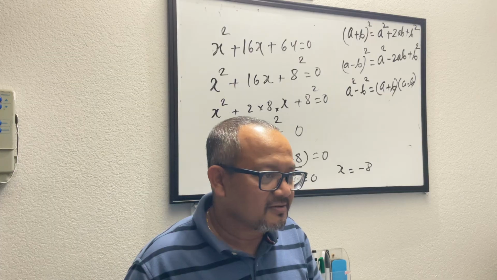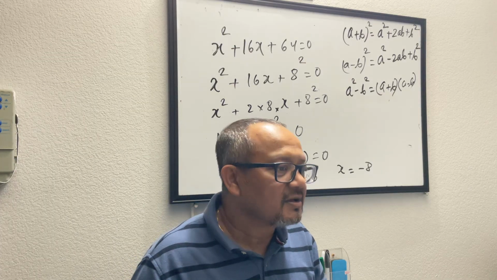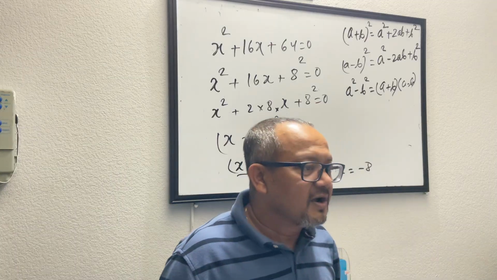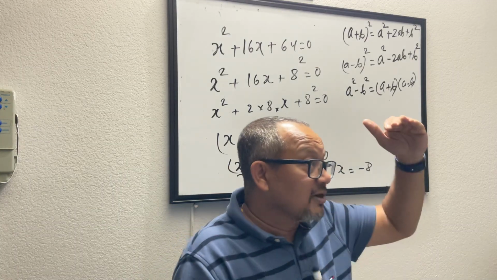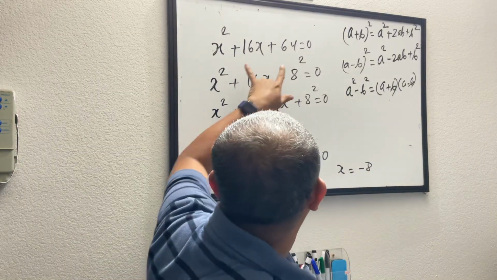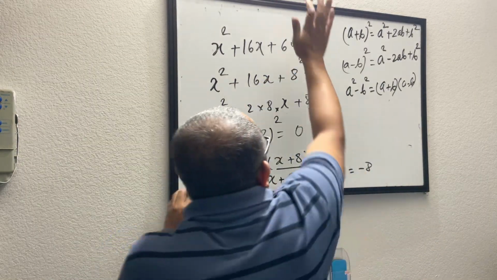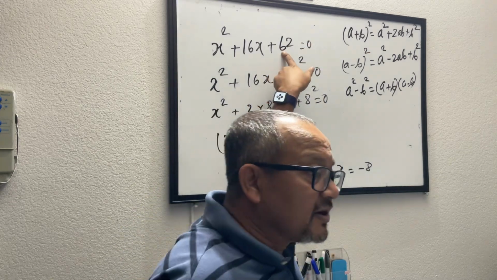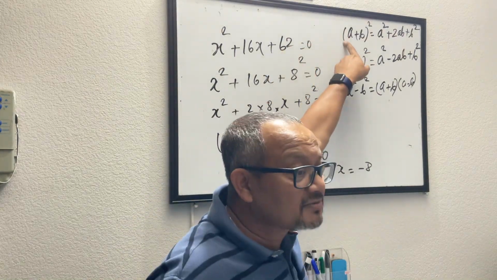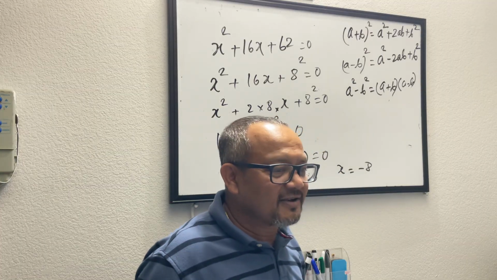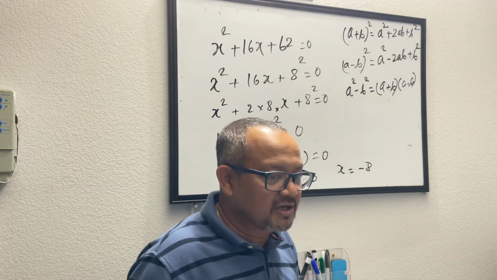Wait, so can you only use this method if C is a square? Yes. So when we go to second and third method, that is when I will tell you guys how you make that call. Let's say if I change this to 62, your third term is not a perfect square. You will rule out this option and then you look at the other two options you have. So that is what we'll talk about in the coming class.